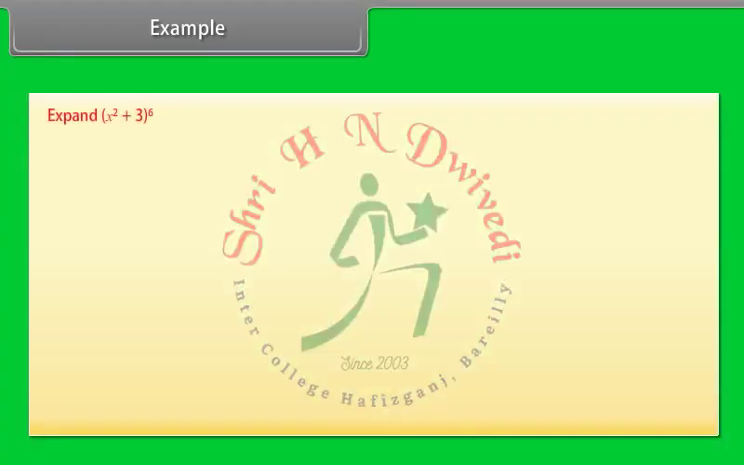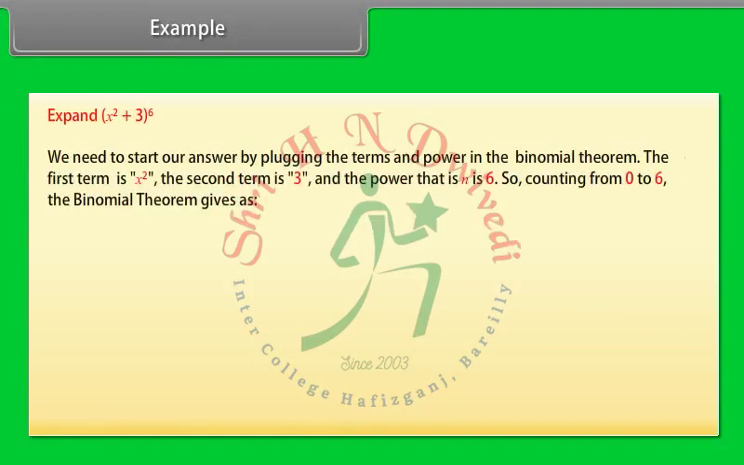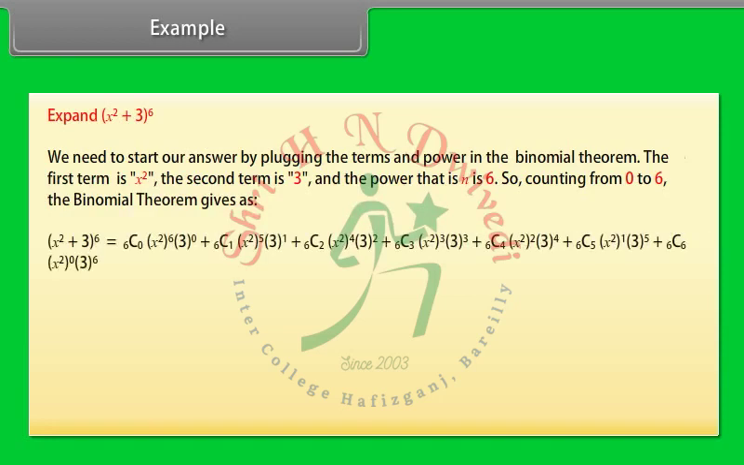Example: expand (x square plus 3) raised to power 6. We need to start our answer by plugging the terms and power in the binomial theorem. The first term is x square, the second term is 3, and the power, that is n, is 6. So, counting from 0 to 6, the binomial theorem gives (x square plus 3) whole power 6 is equal